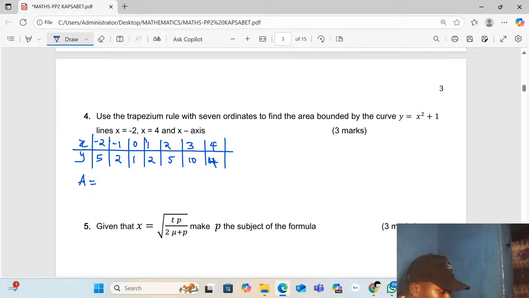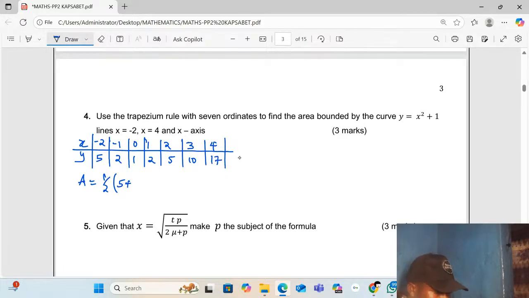The formula is always we take a half of the first y value, which is 5, plus the last one, which is not 4, it is 17, because where x is 4, y becomes 17. So we take 5 plus 17. Then we add